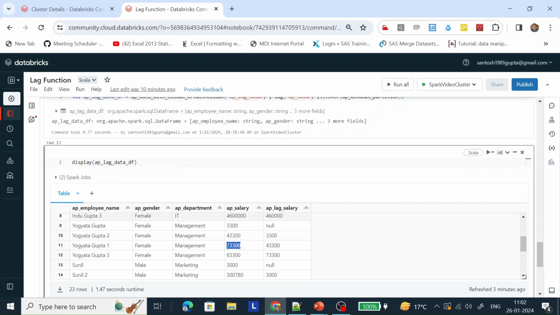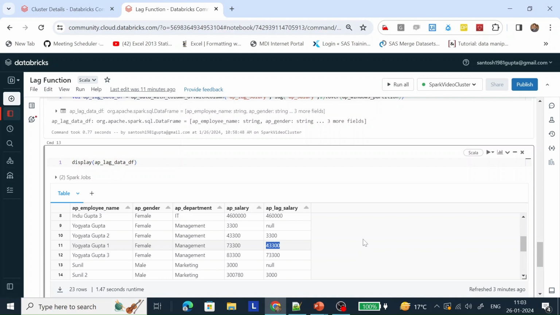The lag function will come to the salary column and fetch the previous value of this row. What is the previous value? This is the previous value. The lag function will pick this value and put it into this lag salary. In this way, the lag function will fetch the previous row value and populate this lag salary.